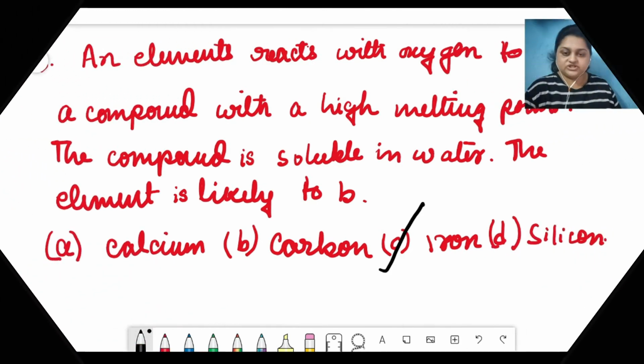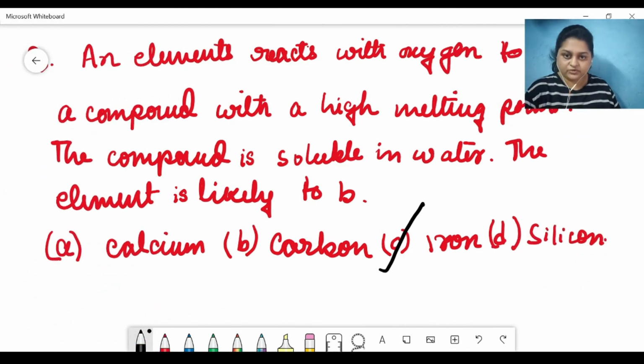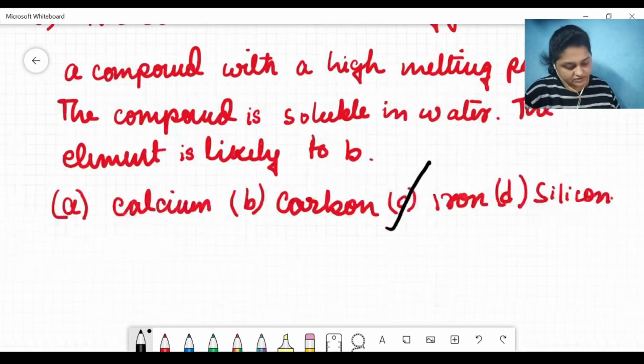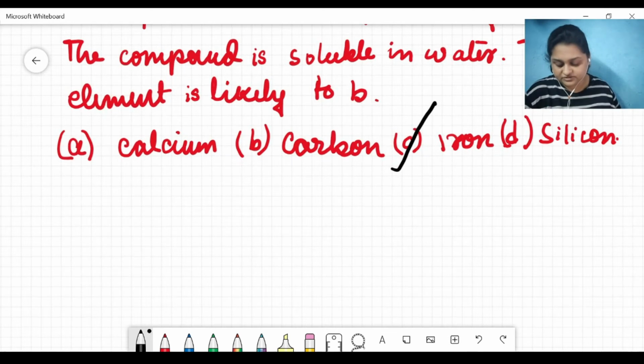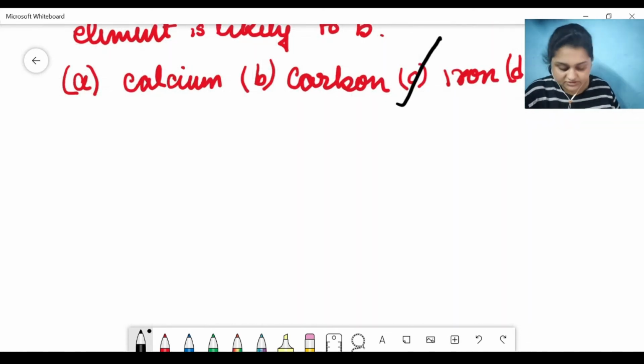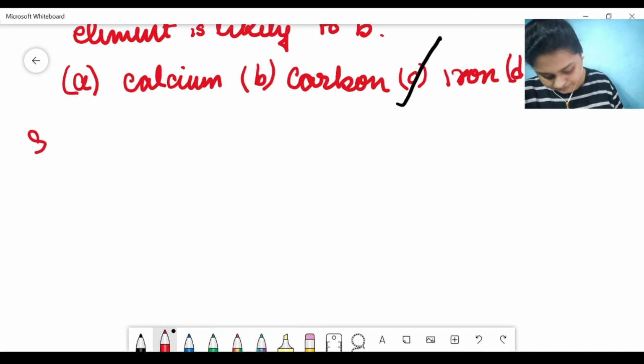The next question is not an MCQ type question. The question comprises a minimum of 2 marks. The question is of the same chapter, metals and non-metals. The question is saying,